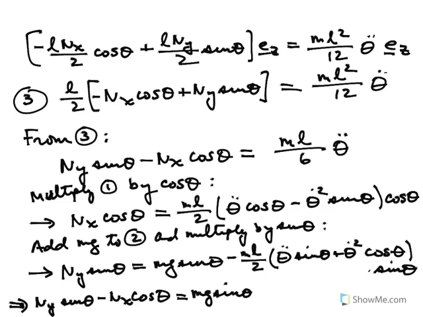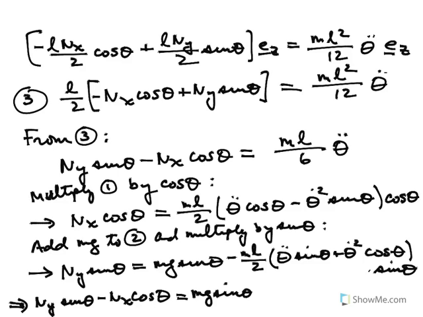Okay, now if you subtract, what winds up happening? You've got ml over 2 theta double dot cosine theta sine theta in the second to last expression. And then if you notice, you've got ml over 2 theta double dot cosine squared theta. So if I take the first term in the second to last expression and the first term in the parentheses in the last expression, this gives me minus ml over 2 theta double dot